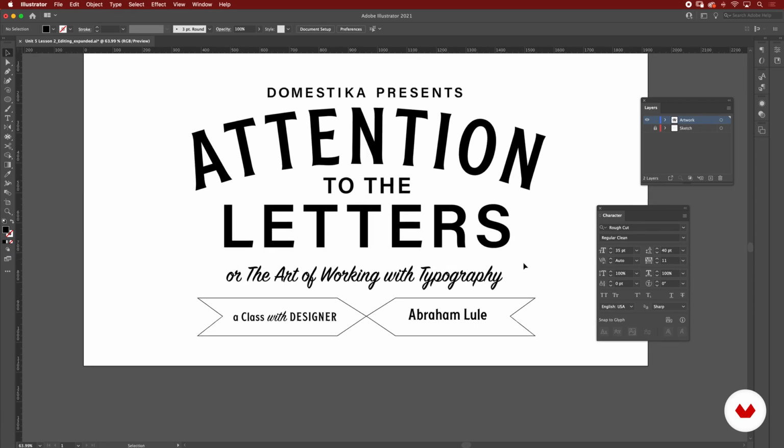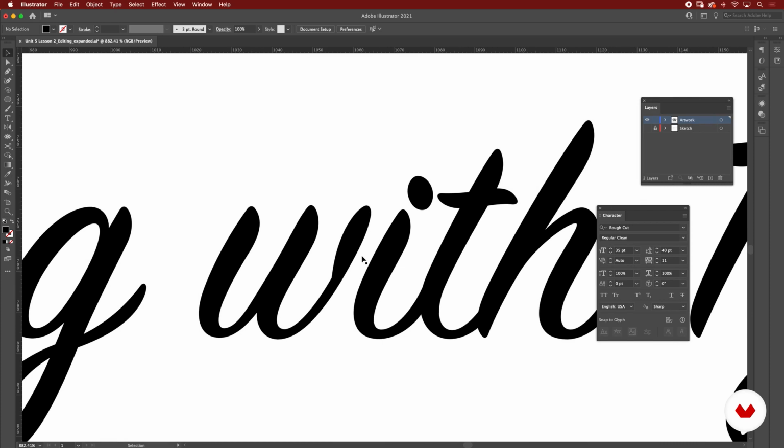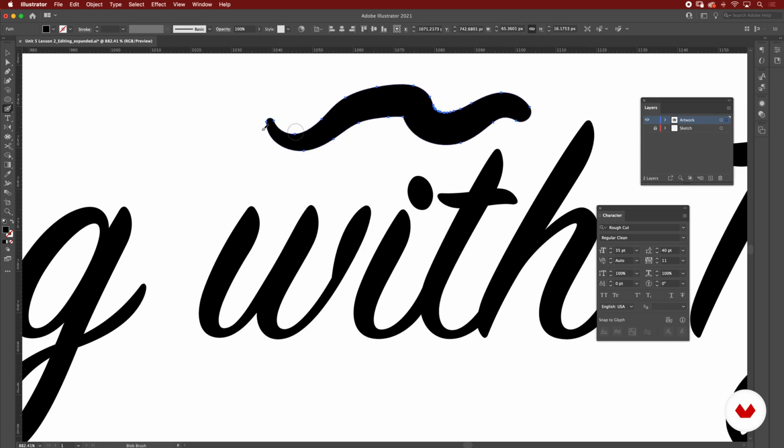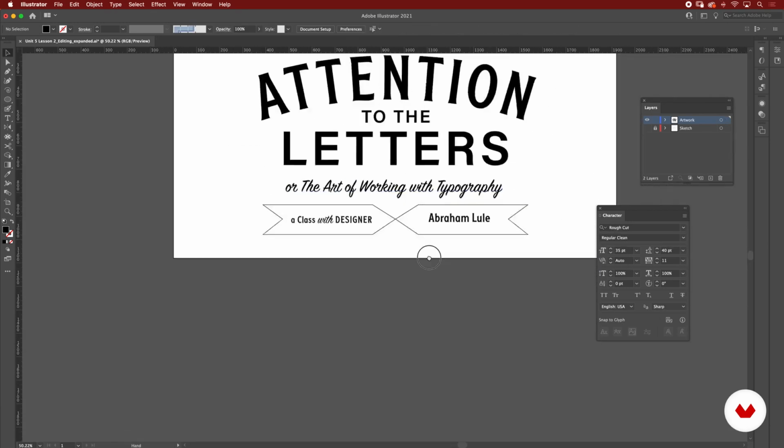There was one small part that I wanted to change, and this is the connection with the W and the I. I am going to use the brush, that is Shift P. This is going to allow you to have just one shape that is more regular. I'm going to bring that point down and just have a connection there that is similar to what is happening to the rest. I think this looks good. Small touch, I think it makes a difference.